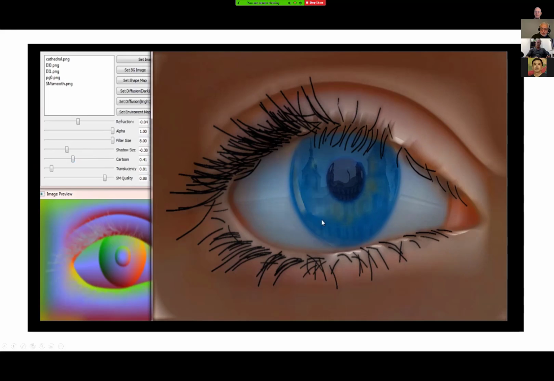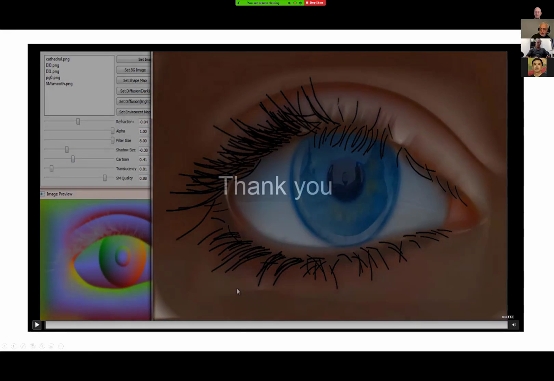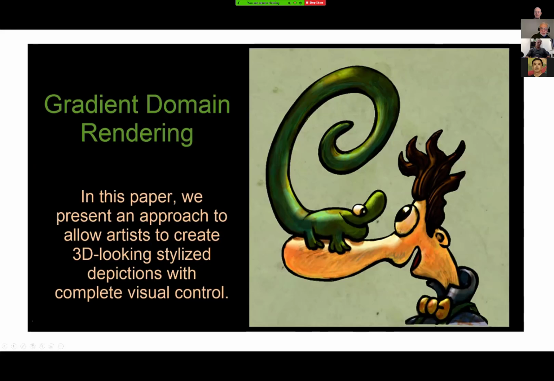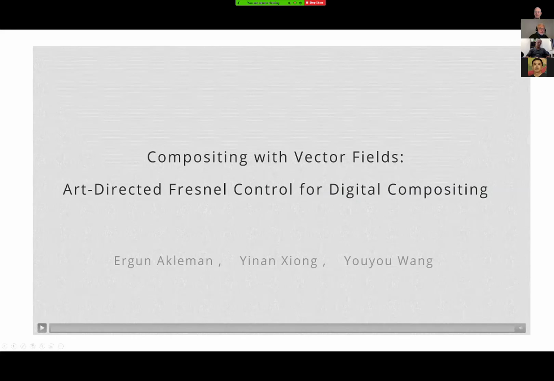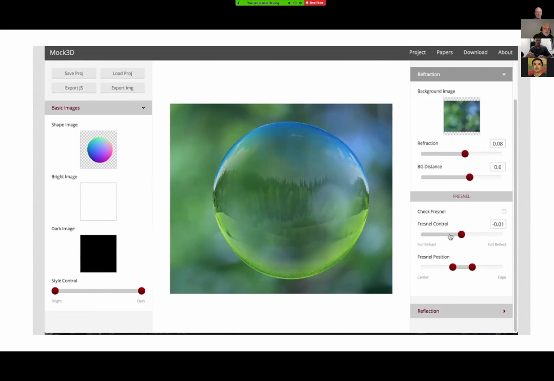So let me go to the next one. Next one is, okay. Here I started to think, what is the advantage? That was my initial thinking. If I don't have a normal map, the advantage of the normal map,